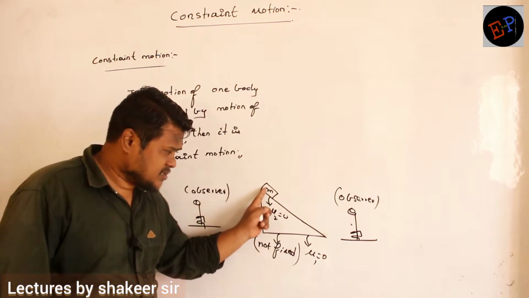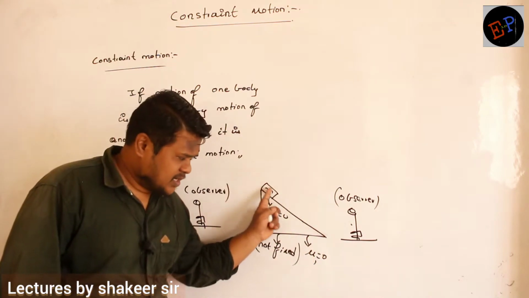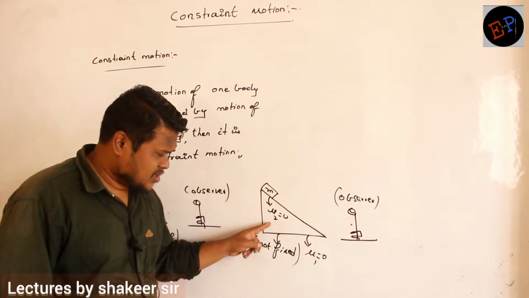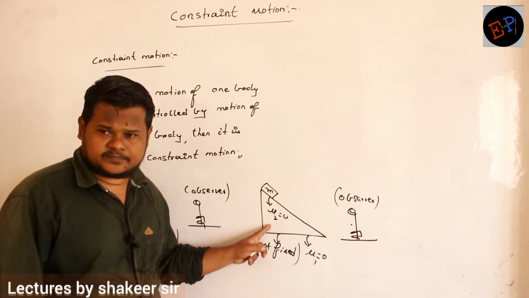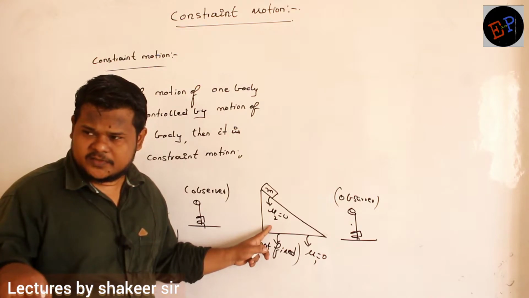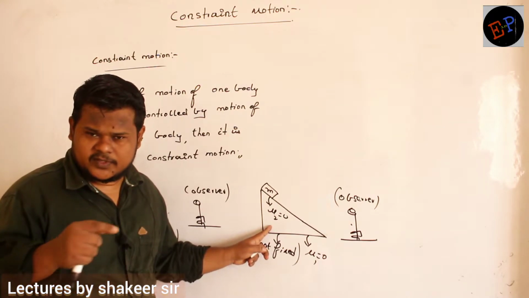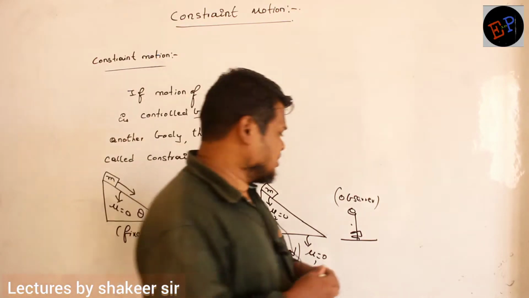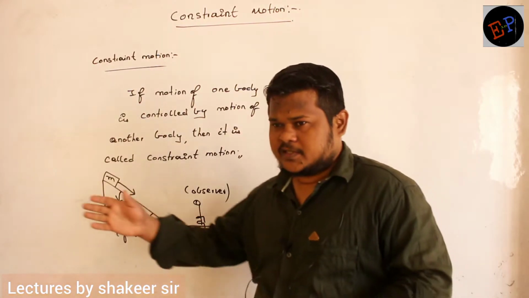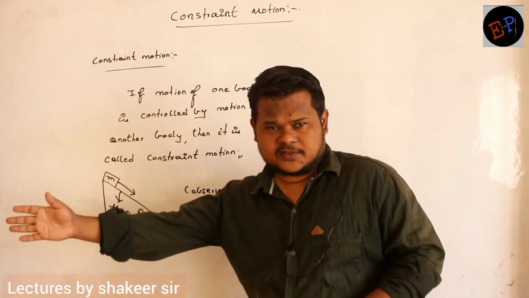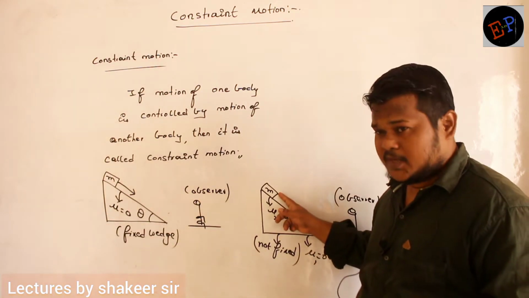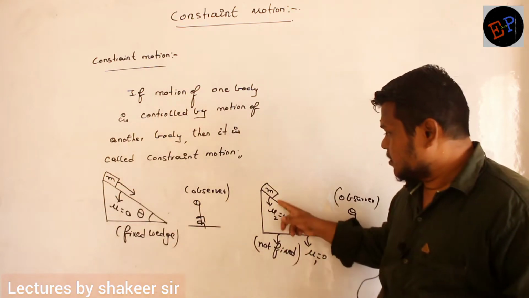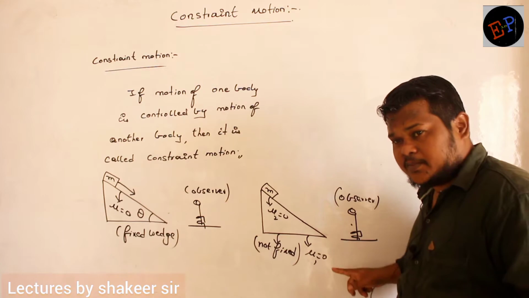One velocity is that it is coming downwards also. One direction is it is coming downwards. Similarly, this mass m is not losing contact with the wedge, no? Is it losing contact with the wedge? No. So the wedge is moving in which direction? The wedge is moving in this direction. So therefore, this mass small m also will move in this direction. Similarly, it will move downwards along the inclined plane also.